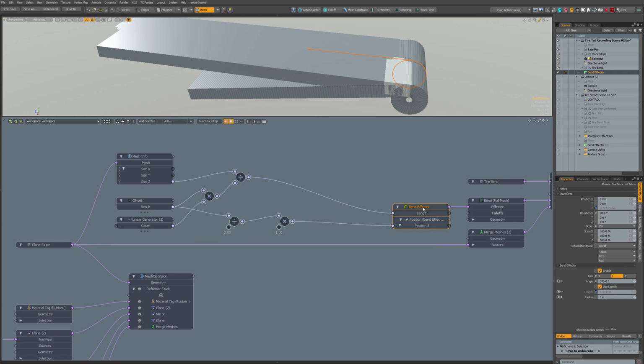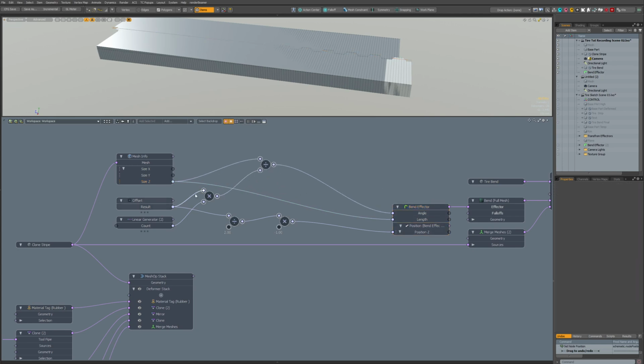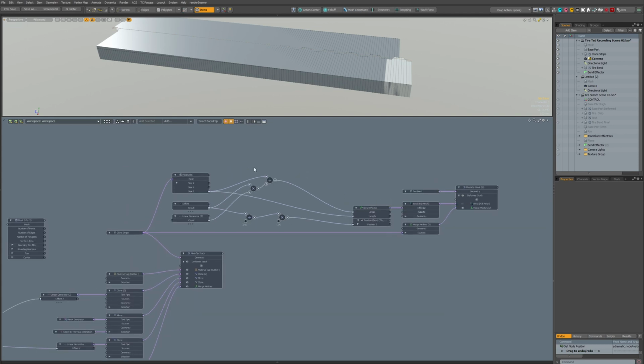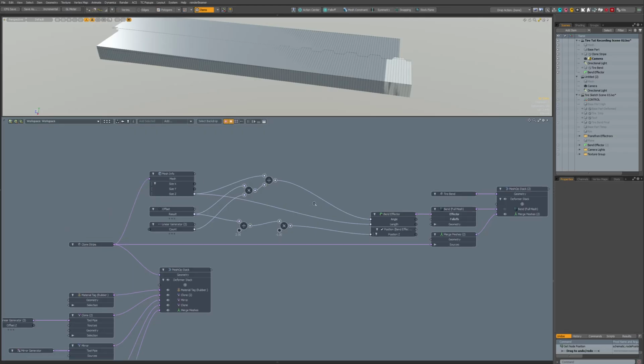Sorry, I'll have to output angle here and this, and the length is the same as it was, and this is A/B times 360.